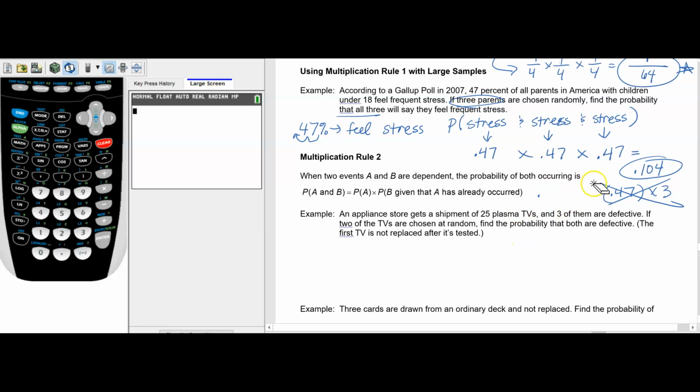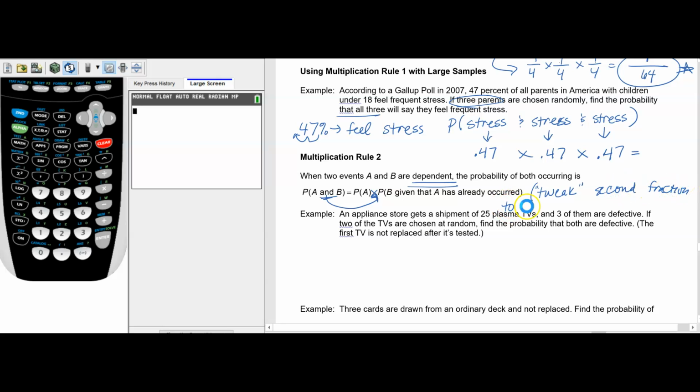So multiplication rule number 2, I'm just going to erase this a little bit so we can see here. When we have these two events, A and B, if they are dependent, meaning the probability of the one affects the probability of the other, then we have this formula, which is pretty similar to multiplication rule 1. When you see that "and," we're still going to multiply, but notice the second part, probability of B given that A has already occurred. All this means is that we're going to tweak the second fraction